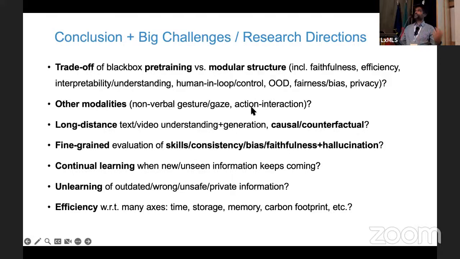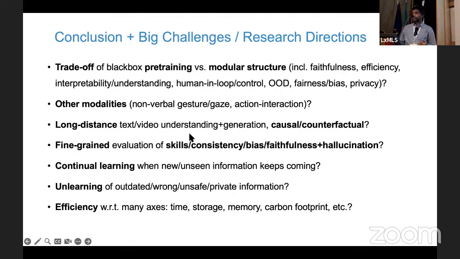But even more important is action interaction, right? As humans, we learn a lot by burning our hand on something hot or banging our head against the wall and learning not to do that again. So the problem here is that we cannot throw these agents into simulated environments right now to learn all of this, because the simulated environments themselves are very limited. We are the ones defining the simulated environments. So it's a very big chicken and egg problem, and one of the biggest problems, in my opinion, right now: how do we create the best realistic environments in which we learned as kids, for these models to be thrown in and learn as agents?